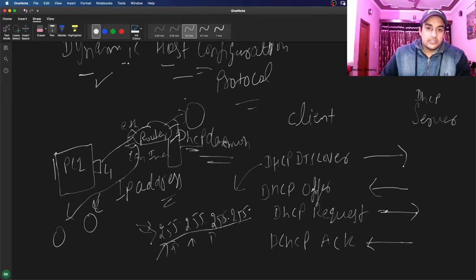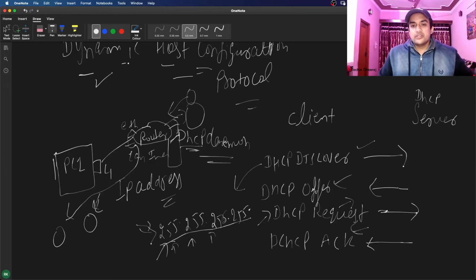So if there are two servers, whichever replies first, this is a first in first out method, the client will respond to that server. We are asking for IP addresses, and one of the servers will reply with a DHCP offer. It will offer some IP address to the client. Then the client will ask for the same IP address which the first server offered, and the server will go with an acknowledgement, acknowledging the IP address.